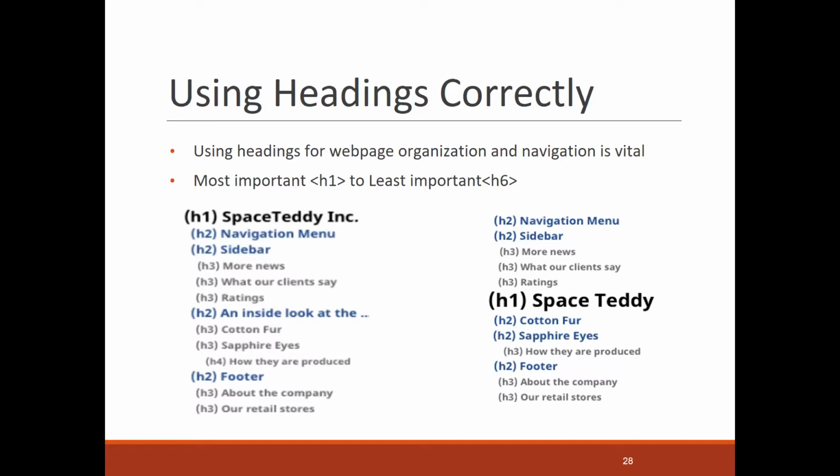If we look at the image below, it just gives you some examples of how you could organize content within your website. Starting with H1 is typical, as H1 is the most important. It doesn't necessarily have to be the first thing in tab order, in DOM order, document object model order. Usually it is though, and you start with H1 at the top, and then you can move down to H2s, and then H3s, and then if you need to do another H2, the H3s would be like the children underneath, and so on, as you see here. It just depends on how you set your site up. But H1 doesn't need to be the first thing in